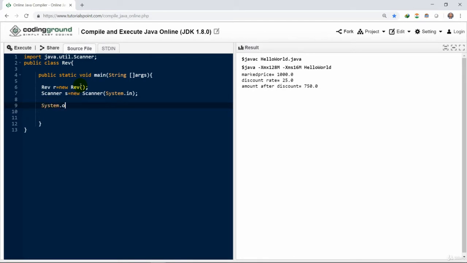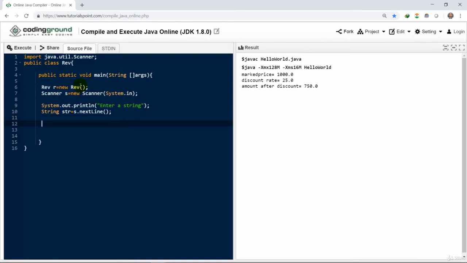When we want to print a message on the screen, say enter a string, so that a user may start providing a string, we have to write System.out.println, enter the string. Then we could create a string variable here, str, in order to take the string. Remember, here we are using nextLine, so we have to write str equals s.nextLine. nextLine will read a line from the user or a string of words.